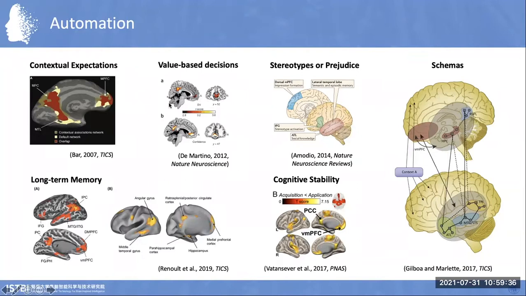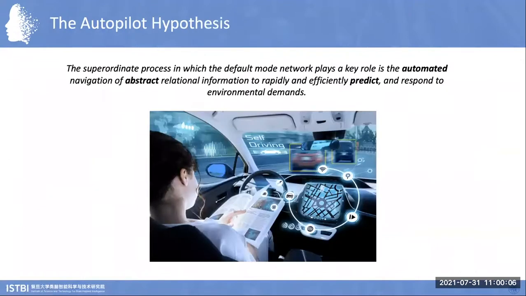But also there's a lot of reward related work as well, which suggests a greater link between a cue and a reward is associated with greater default mode network activity, but also more in the context of social cognition, such as stereotypes or prejudices that we strongly hold, again, are associated with regions of the default mode network. So putting this information together more from a navigational perspective, the hypothesis that we're currently working on is that